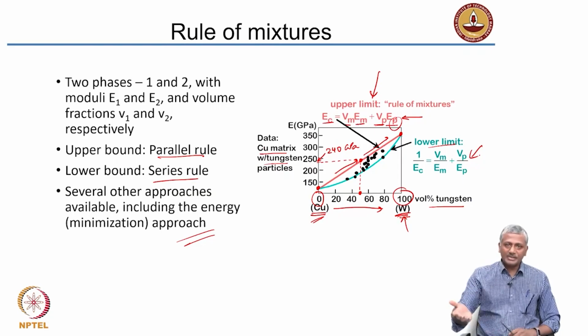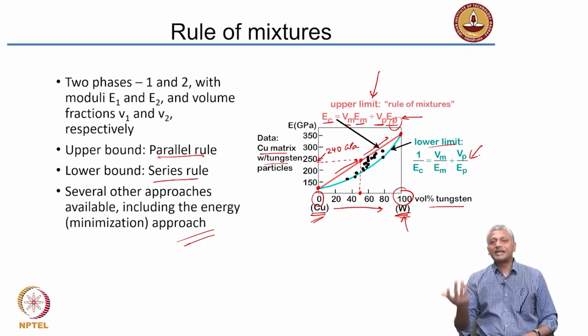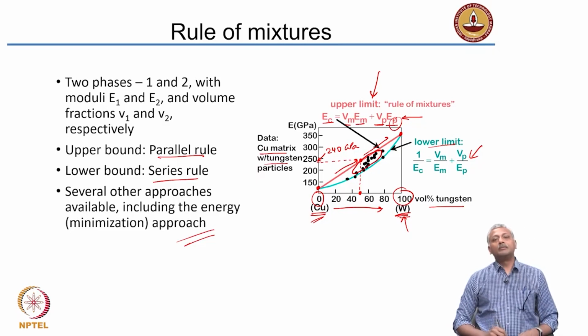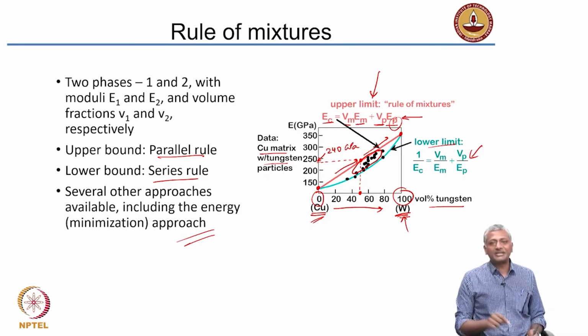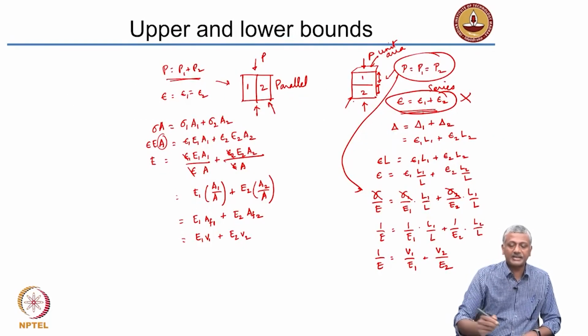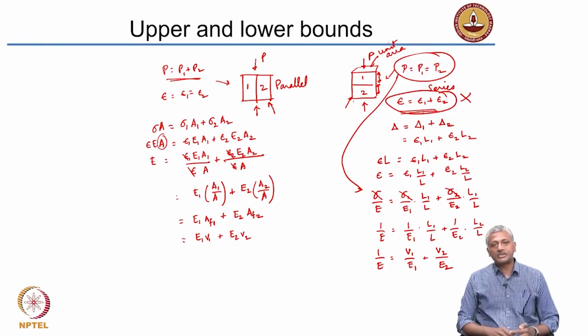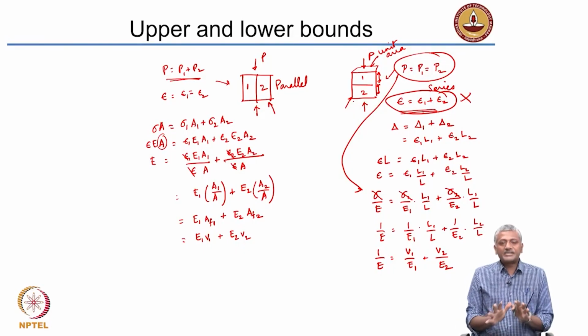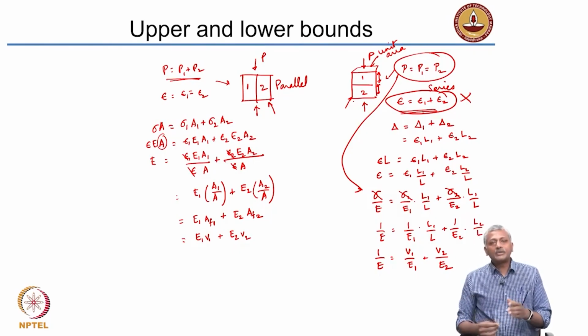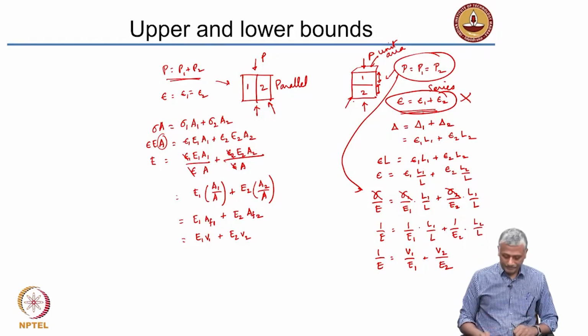Now this need not apply only to modulus. Even if you want to consider the density of the materials, you can apply the same sort of rule of mixtures. Okay, but the real values will be somewhere in between these two bounds. The real values of the modulus will be what you actually determine by experiment. You will see that they lie in between these two bounds, because the materials are obviously not arranged so nicely as what is shown here. In the parallel and the series cases, you do not have the materials arranged just like that. Okay, so with simple elastic calculations, we are able to determine how these materials will respond to the load. Okay,